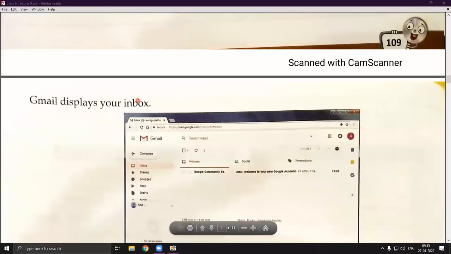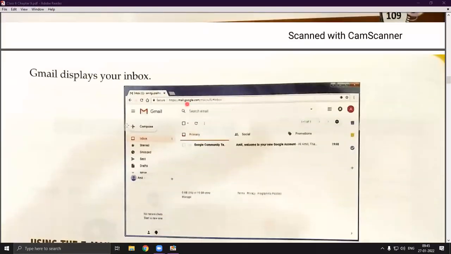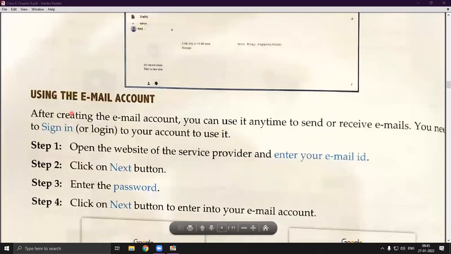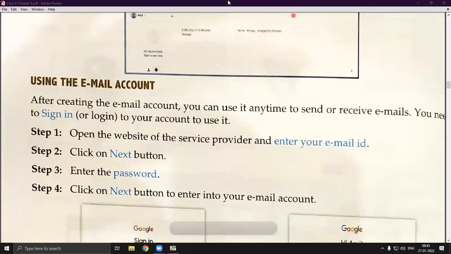Now, moving to the next topic: how your Gmail inbox is displayed. Here you can see the first interface of your Gmail. So how can we create an email account? This